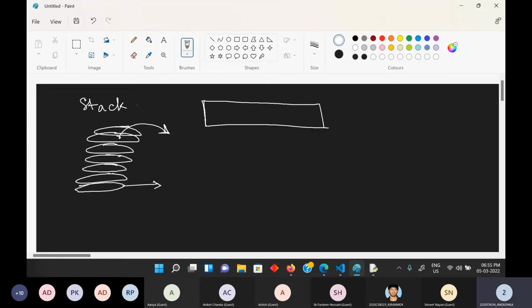or let me first say that this thing is called LIFO. LIFO means last in, first out. So if you place a plate on top of this stack first, that first plate is the one you are going to take out at the last. After you have taken out all these plates, you can take out this plate. You cannot take the last plate out without taking out all these plates. So that is last in, first out, or you can also call it first in, last out. The one that goes last comes out first, and the one that goes first comes out last. So in case of an array,